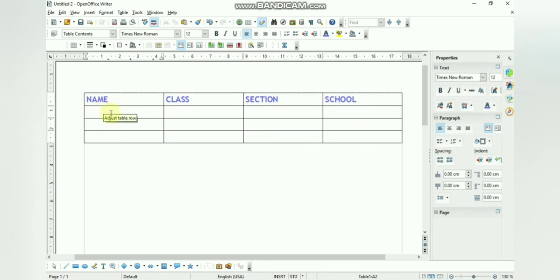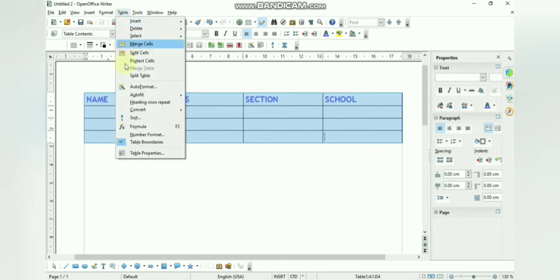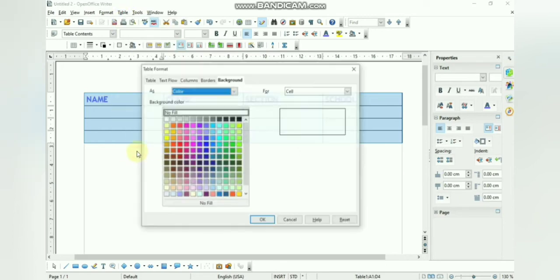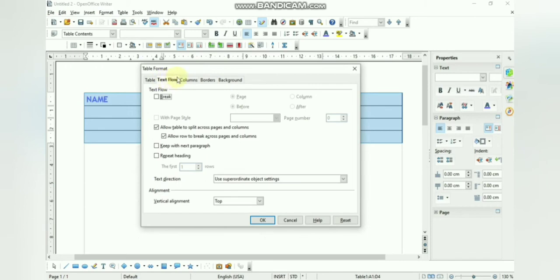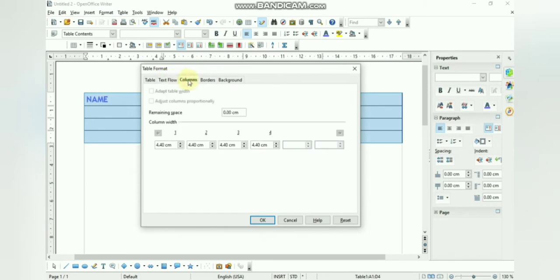Okay, so for formatting the table, what we have to do is we have to select the table. So as we have selected, and then you can go to the table command over here, and then click on table properties. So as you click on table properties, here we will have the table tab over here, text flow, how you want your text to be inserted in the table, the columns.